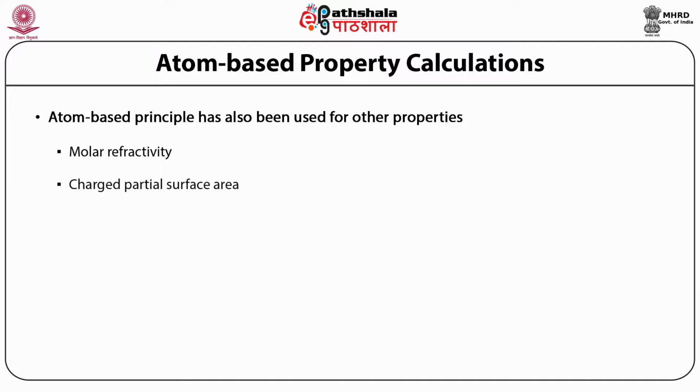Then charge partial surface area, which is very much related to intestinal absorption. These are important factors in drug development because measuring all these characteristics gives you a very good understanding of the drug's efficacy versus the drug's absorption in the body. These two properties are very difficult to measure in a human body.